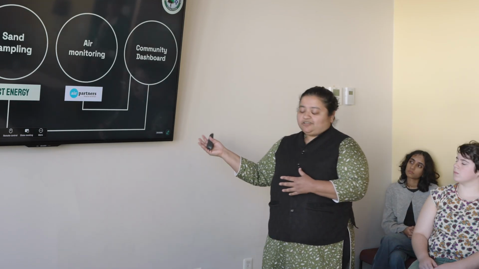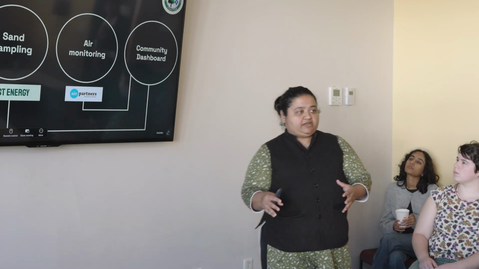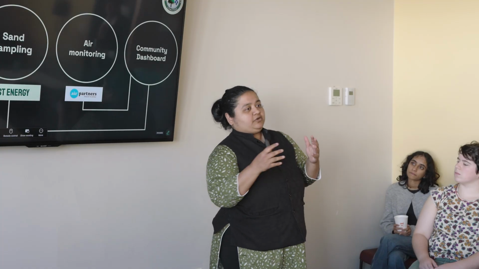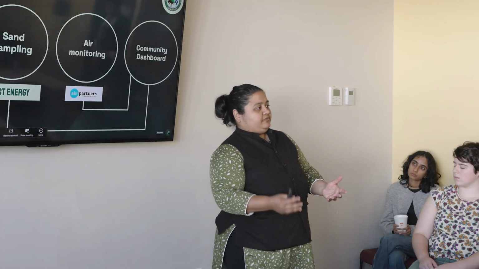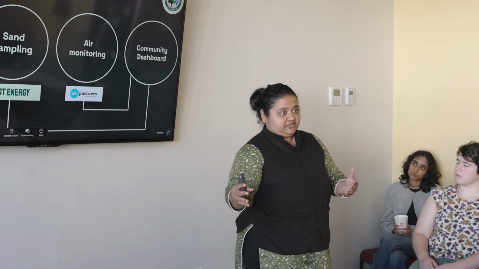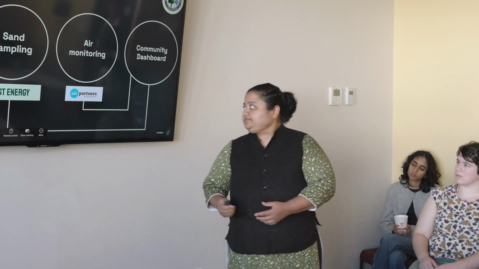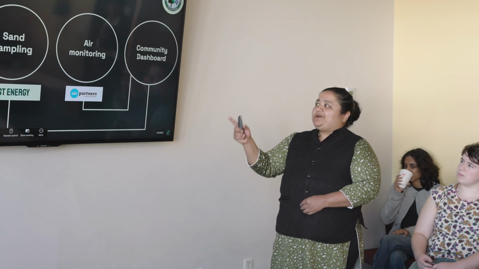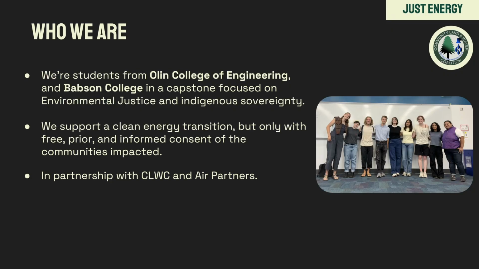Because in terms of doing just transition, we have also seen that when the community has control of data, whether to look at the data, look at the analysis, or report the data, we get better data, we get more information, and the community has all the information they need to make decisions about their lives. So we don't have to tell you what to decide. You can look at it and decide for yourselves. So we'll go one by one in these steps, and I'll hand it over to the students to start talking about sand sampling, and introduce themselves, actually.